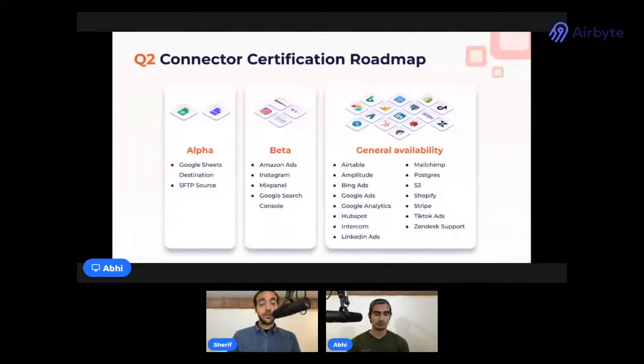We are also going to be spending a lot of time this quarter focusing on databases. We've seen from the feedback from users and usage data that databases are incredibly popular. And so we'll be working on getting the Postgres source connector into general availability with CDC support and with Schema Evolution, like what Charles mentioned. And finally, we're certifying 4 connectors as beta, and we'll look to move them into GA by next quarter. Beyond Q2, our goal is to reach more than 100 generally available connectors by the end of the year, at least. So stay tuned on those updates.